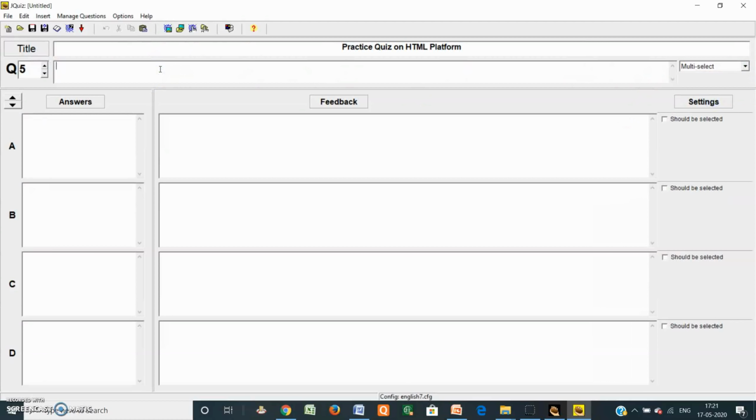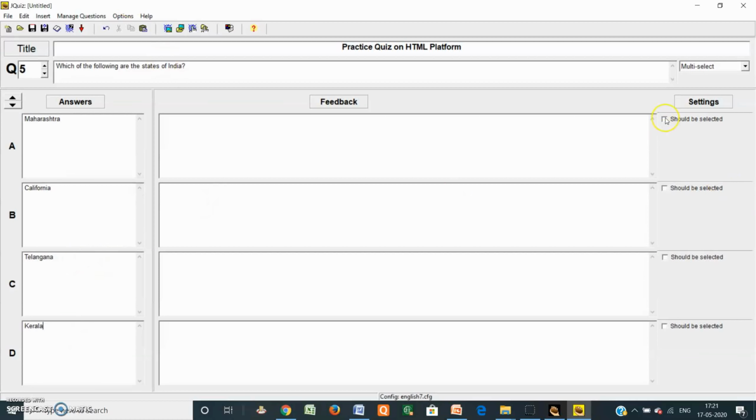So write down another question. Which of the following are the states of India?